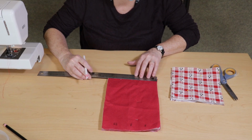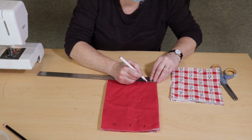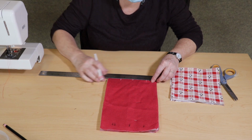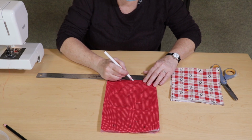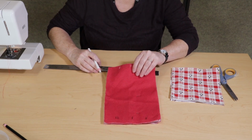To quilt our piece together, we're going to sew 3 simple lines. In order to make the lines evenly spaced, mark them at 1 3/4 inches, 3 1/2 inches, and 5 1/4 inches. Mark them along the top and the bottom,